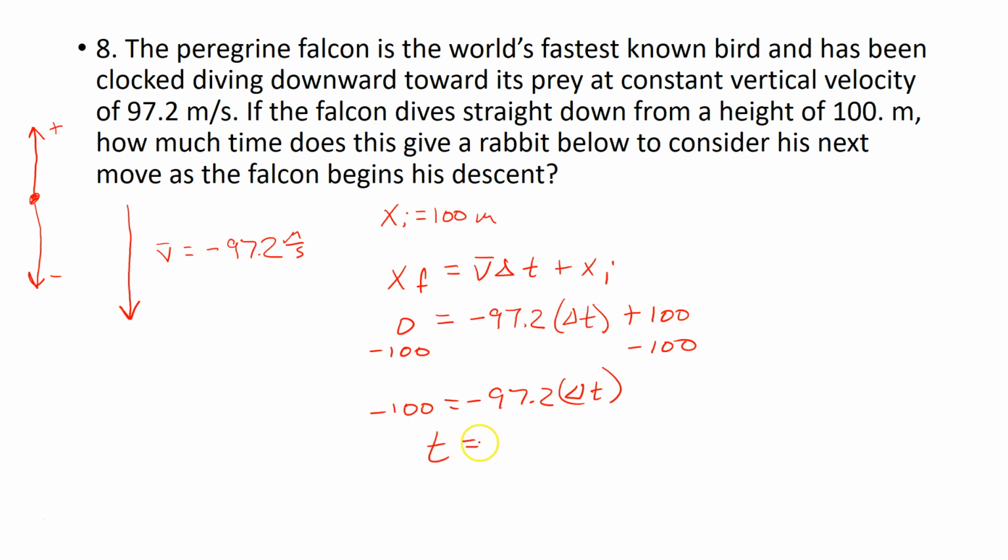Our final time it takes for the falcon to descend is 1.03 seconds, and that is the amount of time it gives the rabbit below to get out of the way. So not very much time. And that is number 8. Next video, we'll cover the next